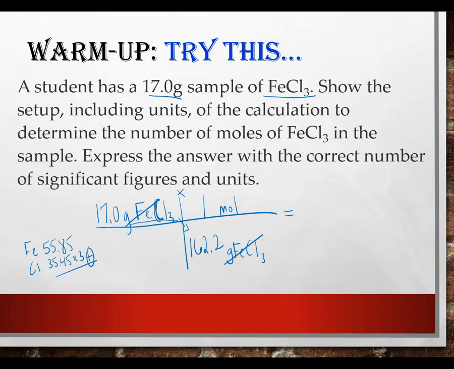Now another thing we need to consider before we, you can do the calculator answer, write it down, but then you need to look at rounding. So if we're looking at this particular problem over here, the significant figures, we want to look at those. We want to see that because of the decimal point, we start from the left, start counting. So the first non-zero digit is a 1. Now everything after that counts. So this particular measurement has 3 significant figures. That means my answer should also have 3 significant figures. So when you go ahead and multiply and divide,